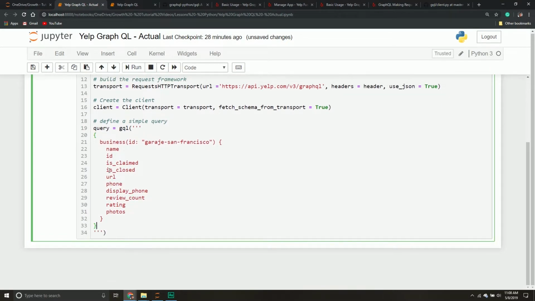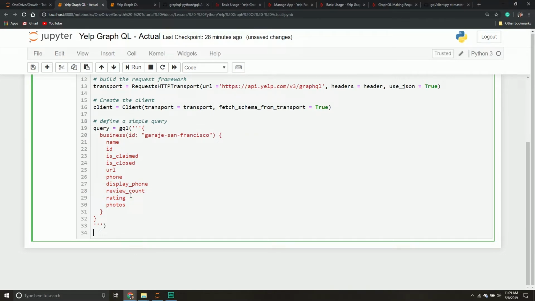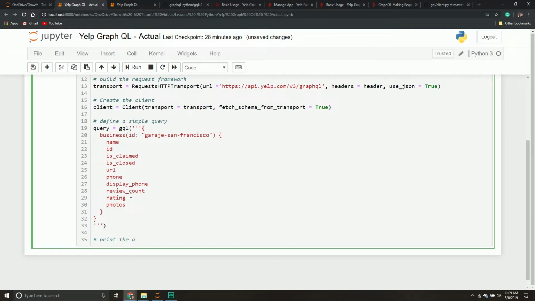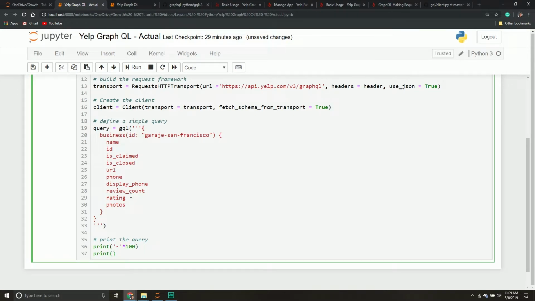Okay, so what is this doing? We're using the business endpoint. We're using an ID argument, passing through that argument to say we want this particular business. And then we're getting all this information back. Once we've defined that query, we'll print it out. I'm going to do my little dashes times 100, and then from here I'm going to print